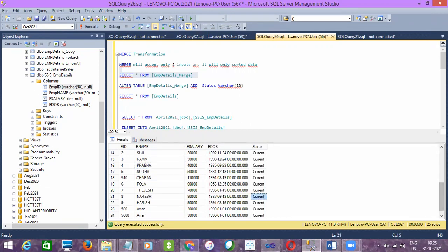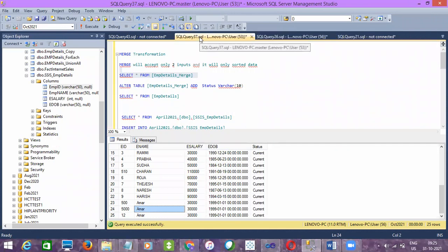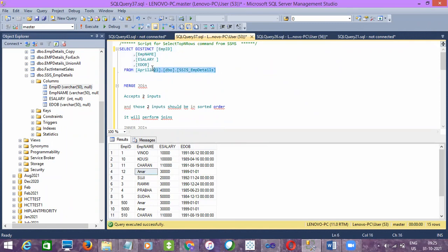So as of now you can see all the values are current. See, these are the previous records. It will be null only, already existing data. Whatever data we have loaded, the 15 records recently, for those the status will be current, right? So now what I'm going to do is, for ID 5000, I'm going to change the name value in the source. Update.